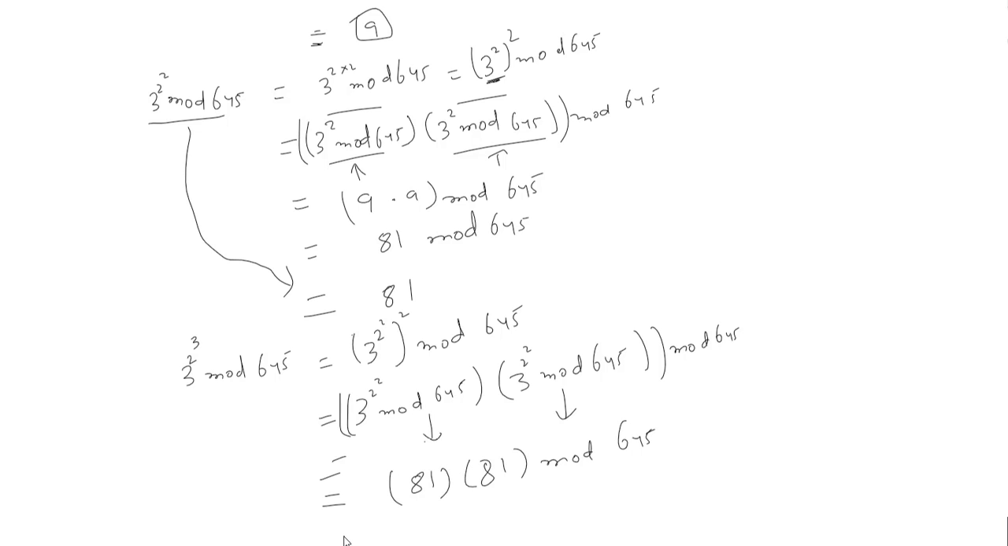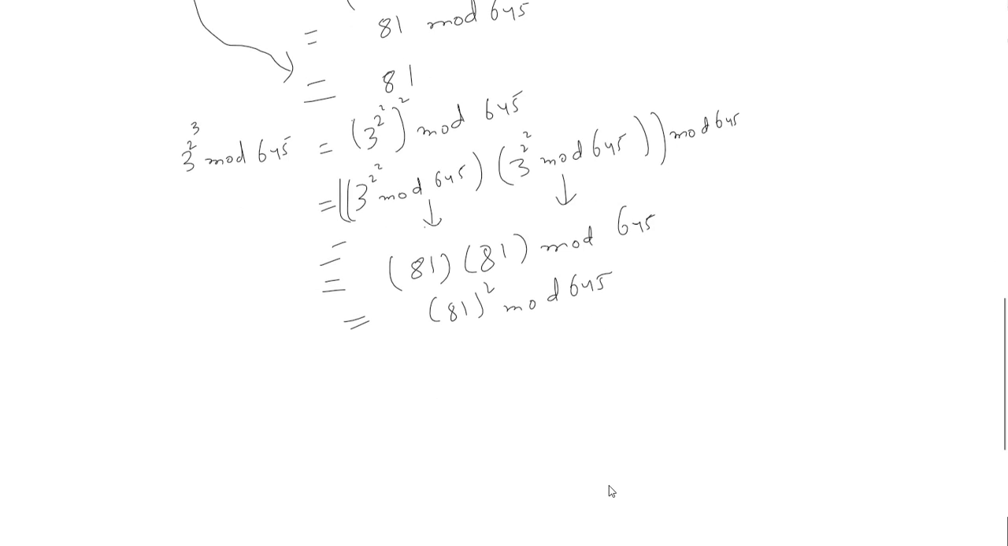So this will be equal to, if you do the calculation, 81 square mod 645 will give you the value of 111. Similarly, we keep on repeating this process. Now, one more point worth noting here is that if you are confused here,